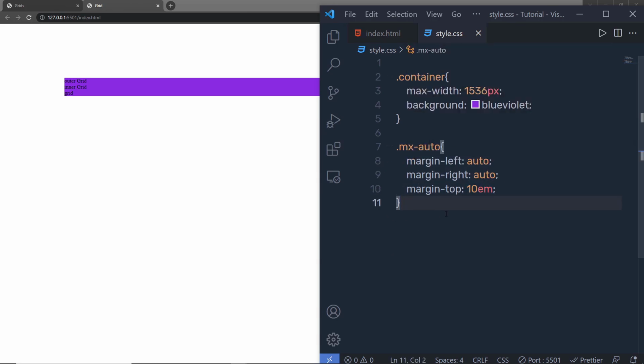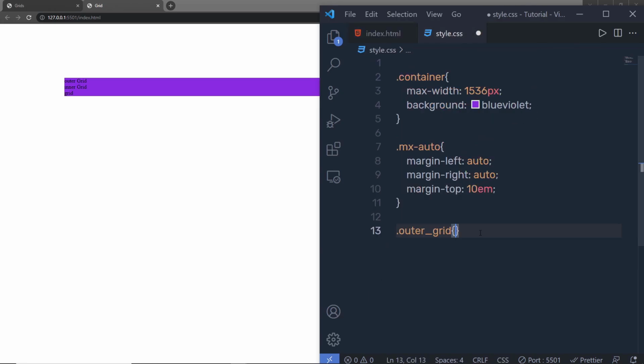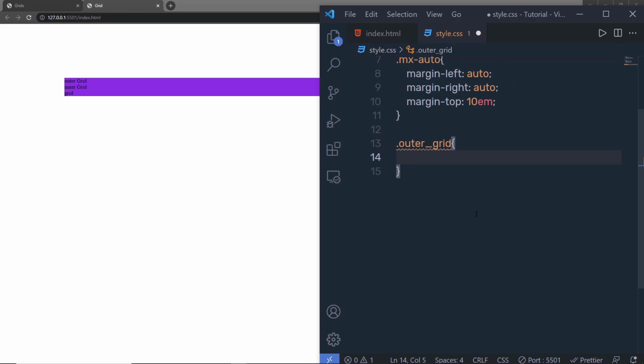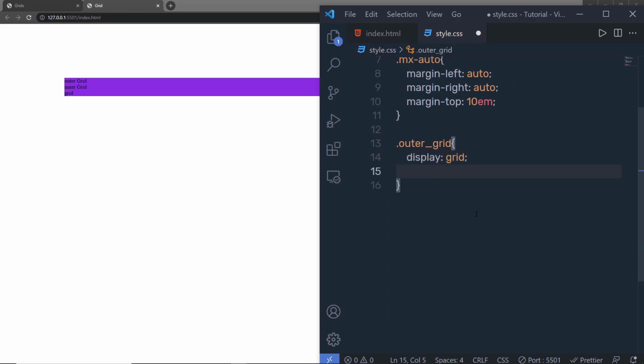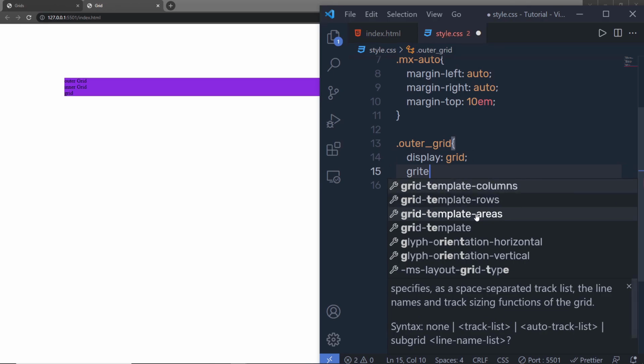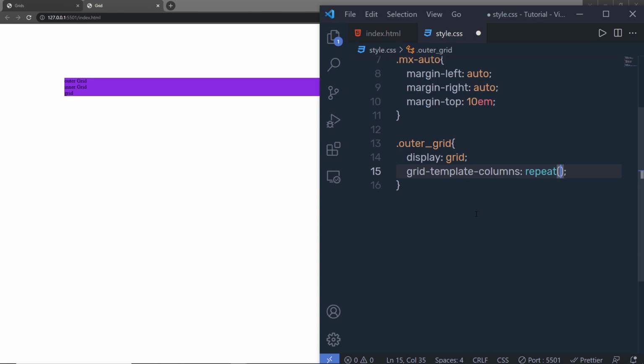Just out of that, I'm going to select my outer grid, this one. I'm going to select that, something like this. And to this outer grid, I'm going to specify display, which is going to be grid. Then specify grid template columns to create columns inside grid layout. I'm going to say here grid template columns and repeat one column with min max,